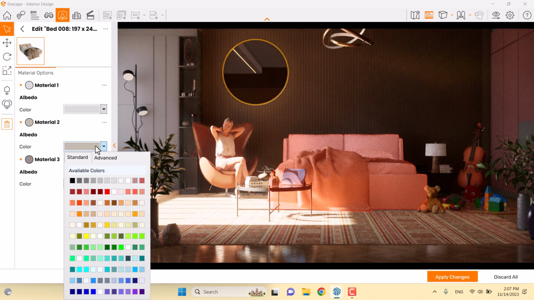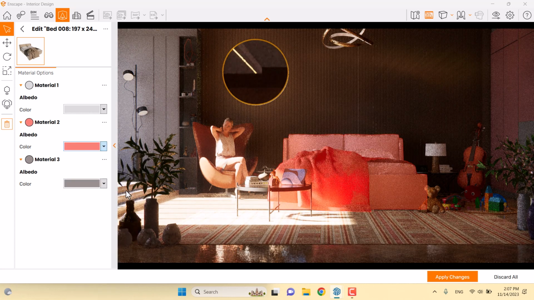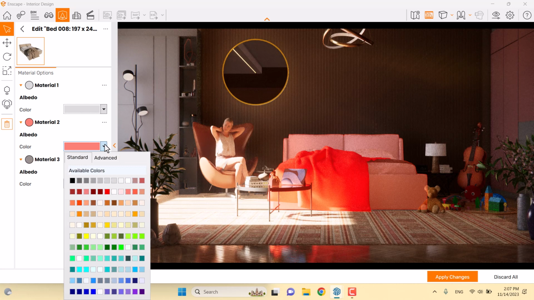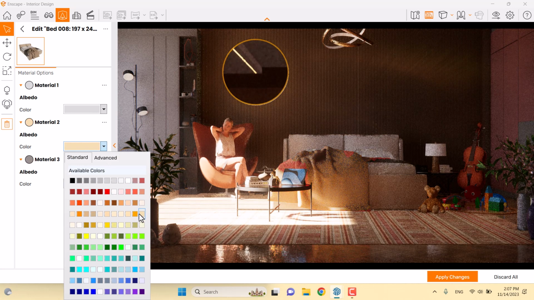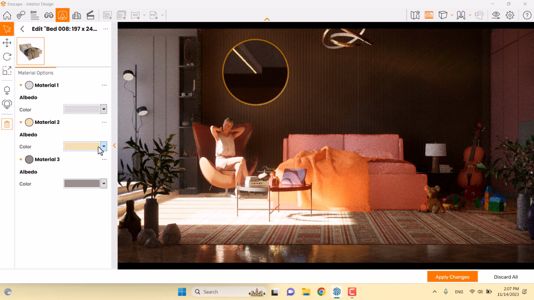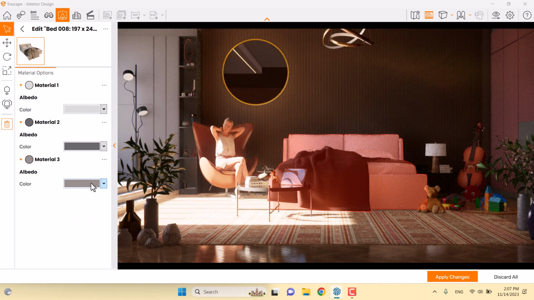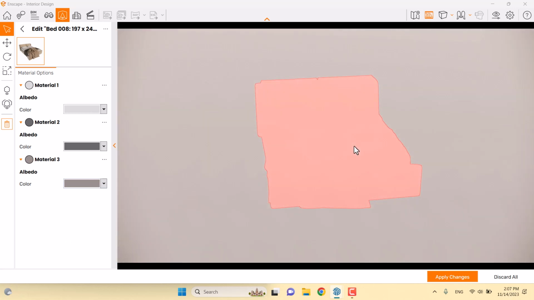About the second material, I can convert it to something like the red. You can see the effect, but it's not really set with the environment. So always try to keep some type of color theme for your job. Something about lemon can be good, or I can change it to the dark gray in here. It's much better. So albedo of the material number 3 is related to, I think, this part of my job,